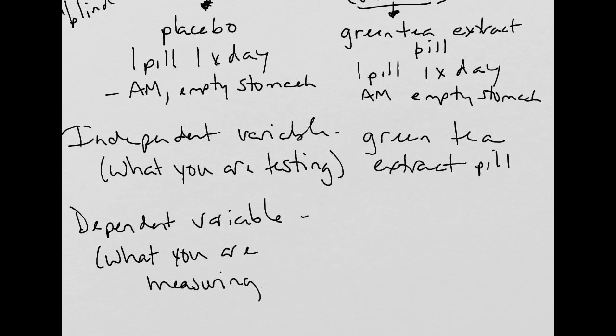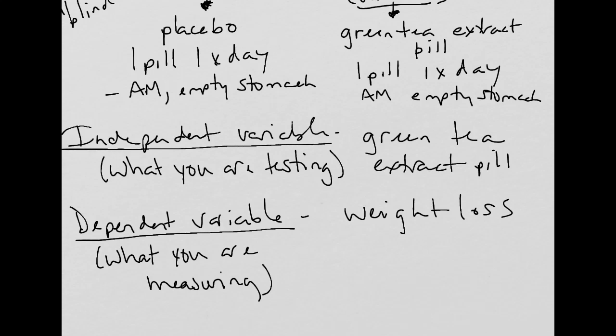And probably while I'm writing that out, you're thinking, okay, I know what you're measuring. You're measuring weight loss. So the dependent variable is dependent on the independent variable, right? What we're testing. So it's dependent on the dosage of green tea. All right. So we did the control group, the variable group, dependent, independent variable, our controlled variables, all those